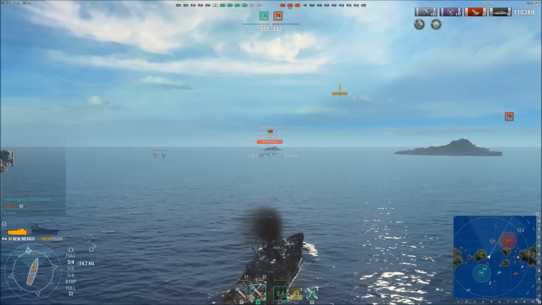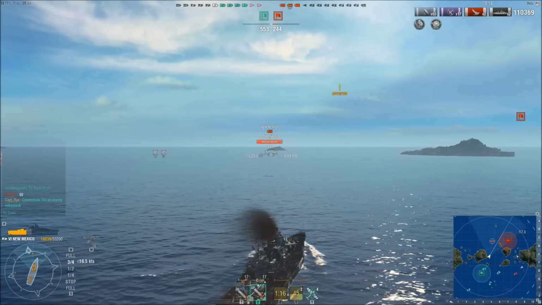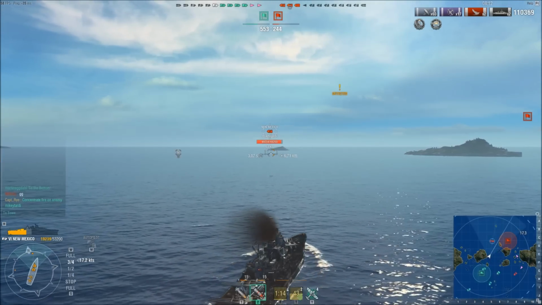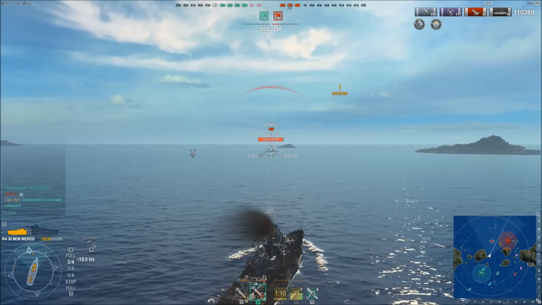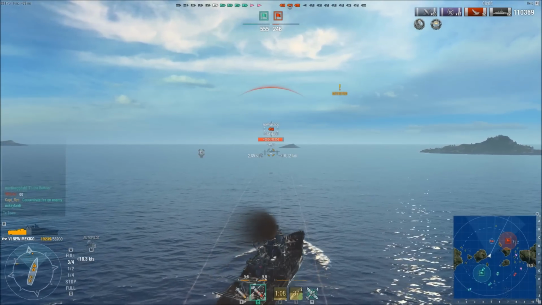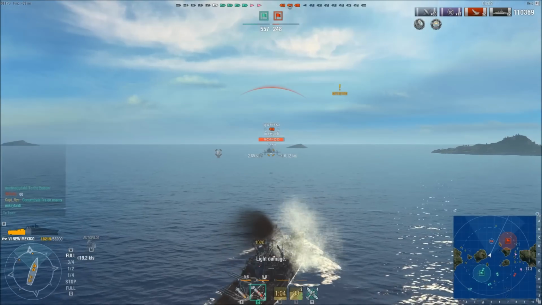And he is reversing, which means he's effectively sitting there. Enemy team is now down to just 3 ships. And my team has the massive advantage because we still have both of our destroyers left. And even though I'm going into this engagement basically half health,